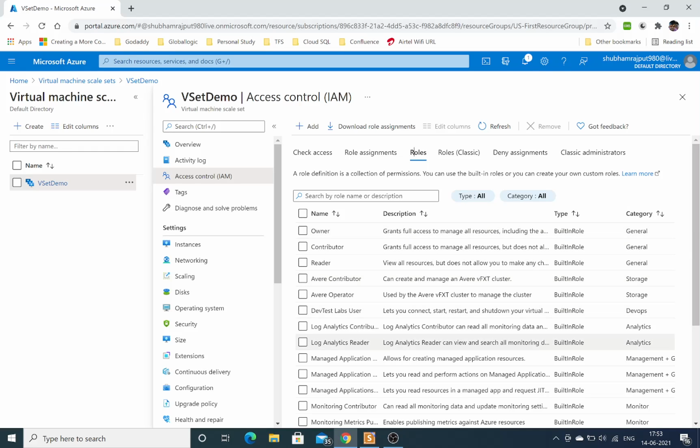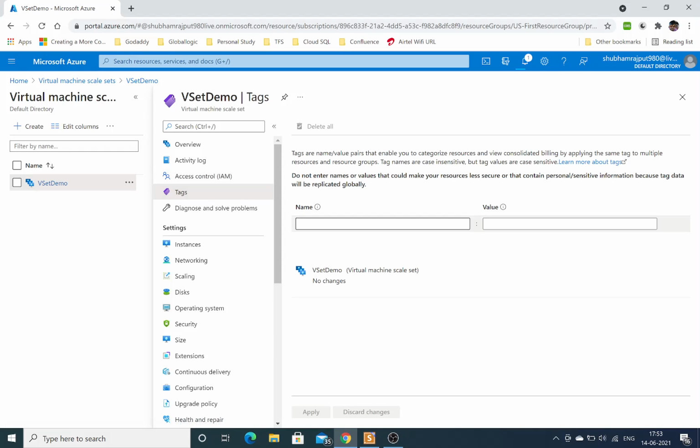You can add a tag and value, because in a real-time scenario there would be many machines and it could be confusing. So to identify your particular machine, you can provide the name and value.